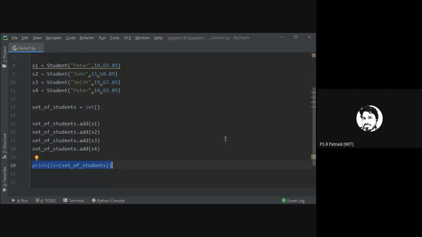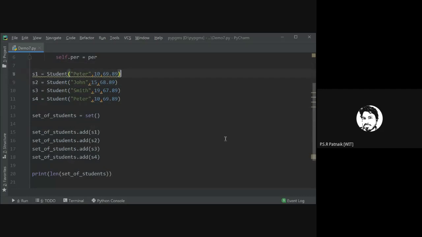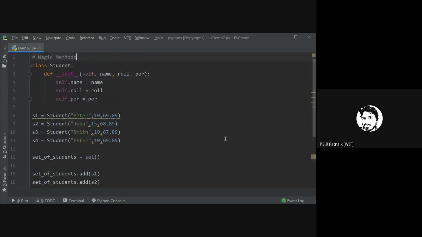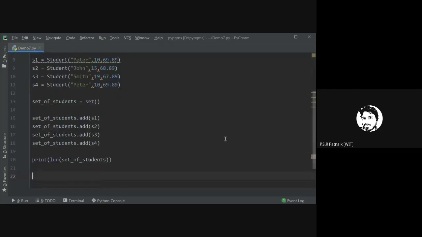Yeah, so if you analyze it logically, you will understand that here we expect the output of this to be 3. And I want Python to recognize that if I pass objects with the same parameters, S1 and S4 are the same. So how do I tell that? To tell Python that two objects are the same if the internal fields are the same, we need to rely on the built-in methods associated with the class in Python. And some of these built-in methods are called magic methods. So let us see the first demonstration of a magic method.